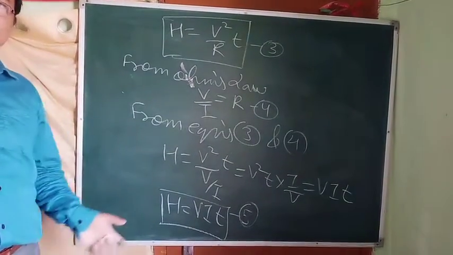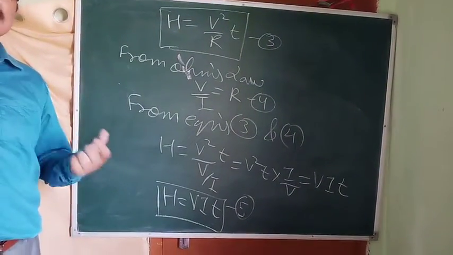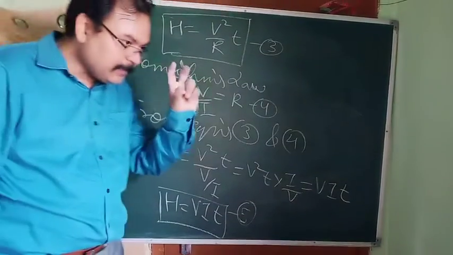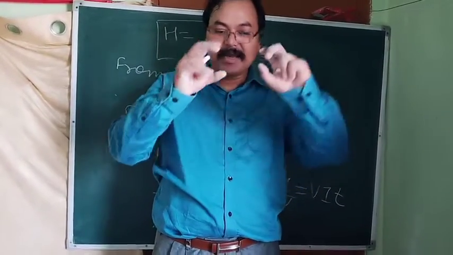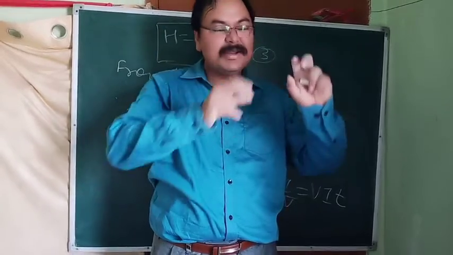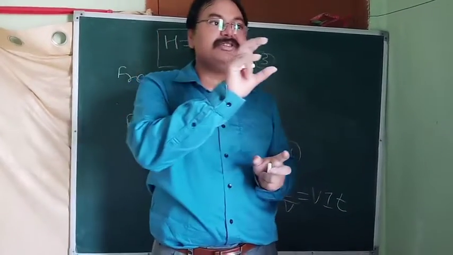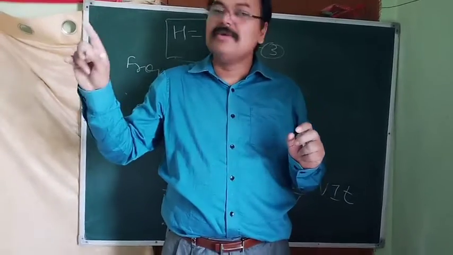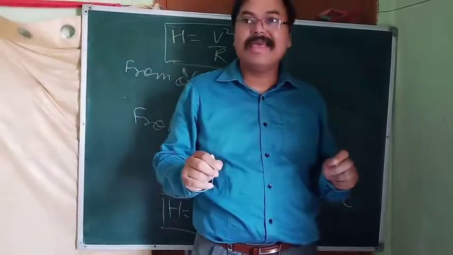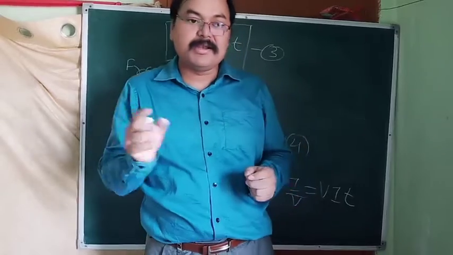These are the mathematical things, but how to practically realize this? Suppose you have got a bulb, a 100 watt bulb, connected in a holder. So you just touch it and check it. Oh, it's cool, no problem at all. You do one thing, switch it on. Again, after just 1 minute, just touch it.